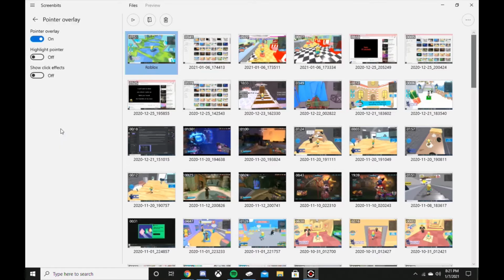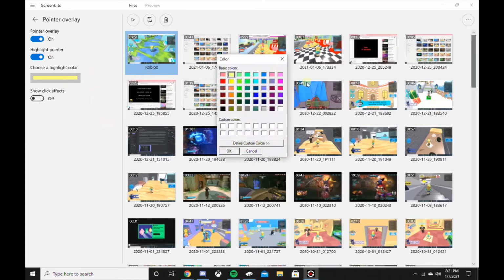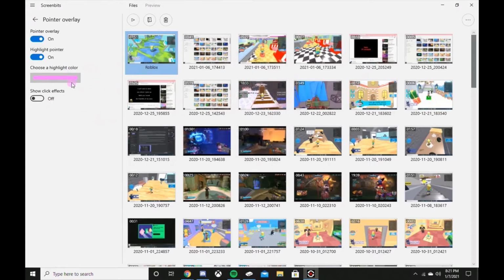Now, point. So, you will not be able to see this if you have it off like that. Okay, so you will have two options: to highlight your cursor as a pointer, or show click effects. And I'll show you what both do. So for highlight, as you can see, it highlights my cursor so you guys can watch it go everywhere. So you can change the color like so,